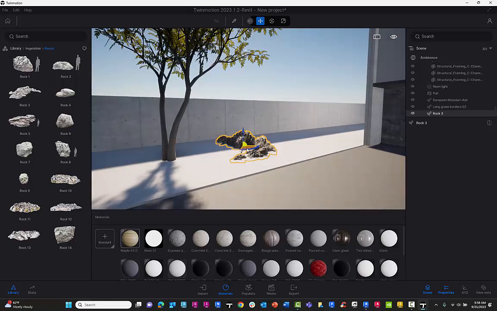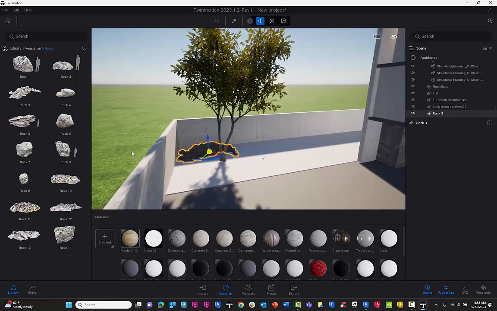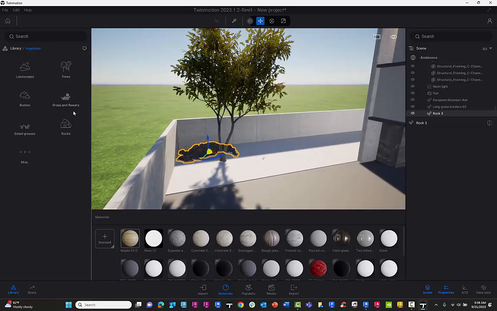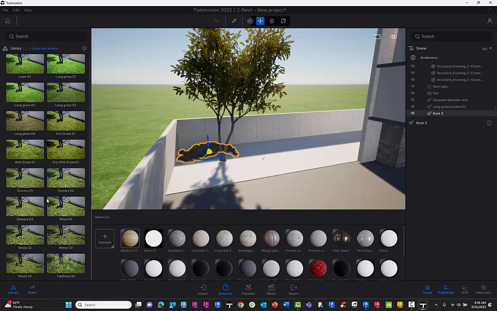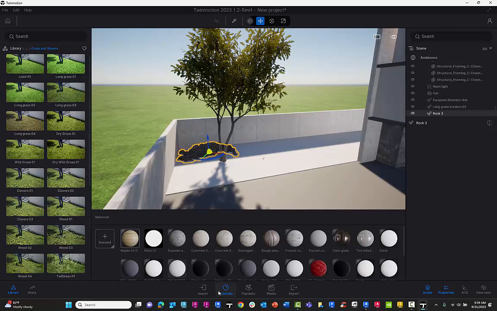What I do want to do here is look at adding a whole lot of grass, and I want to scatter it around the site here. So here, if we go to grass and flowers, we have different lawn types, getting right down into different buttercups and poppies. We can go to here and populate and use the populate tool under the foliage to paint or scatter on the surface. So if I do the scattering here,